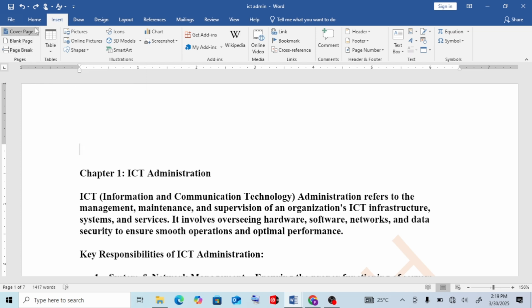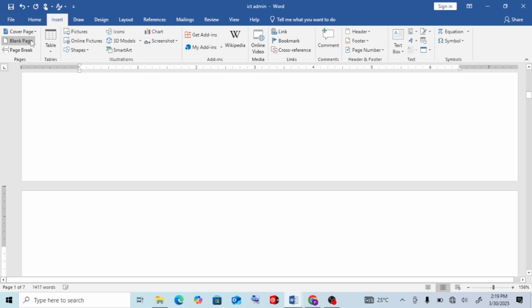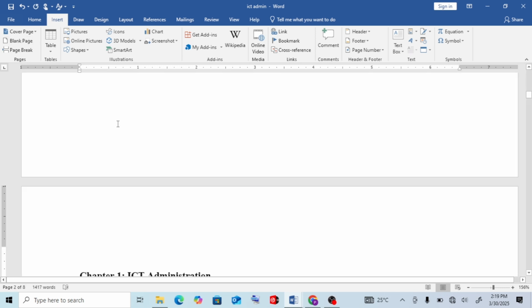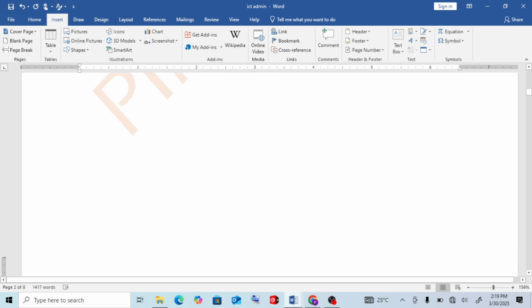The layout of the insert pages is like a grouping here in the corner. You see, insert a cover page, insert a blank page, page break. So whatever concerns pages is done from this corner. What I'm interested in is to add a page. You just click on blank page, the page comes.